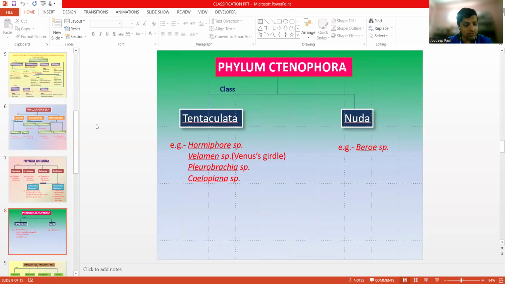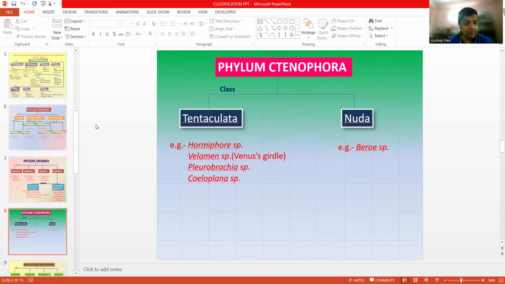The word Ctenophora comes from the Greek words ctenos, meaning comb, and phoros, meaning bearing. So comb-bearing animals, with plates which resemble combs. There are about 50 known species of Ctenophora, of which the most well known is Beroe. So it's a very small phylum compared to the others. Let us first talk about the general characteristic points of this phylum. Kingdom is Animalia, habitat is exclusively marine, no polymorphism, and no attached stages are found.